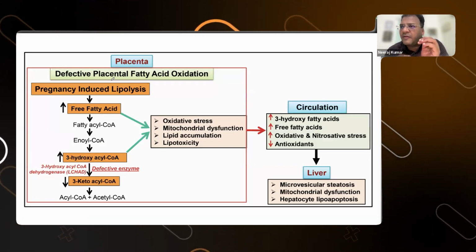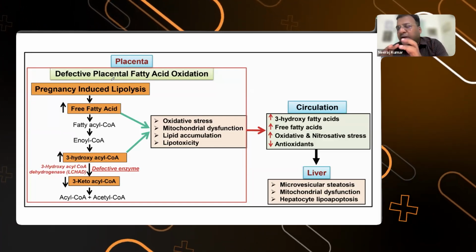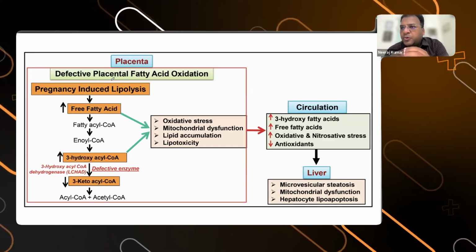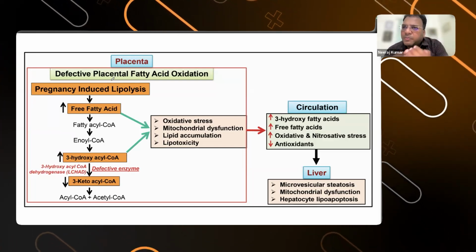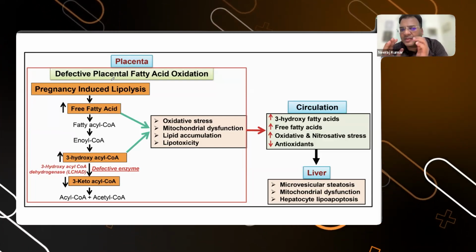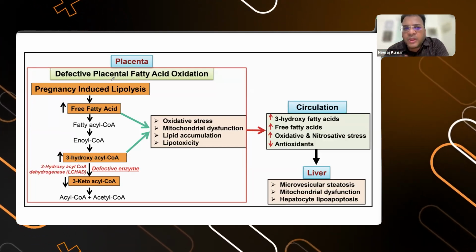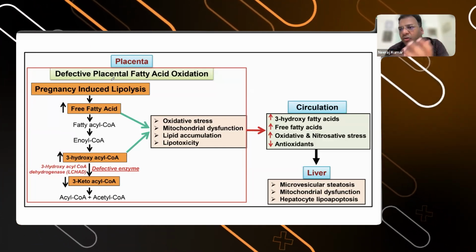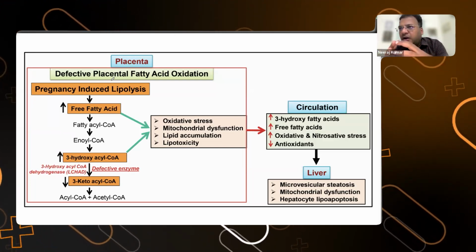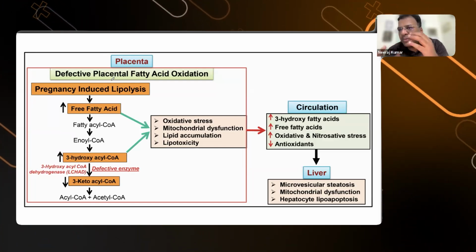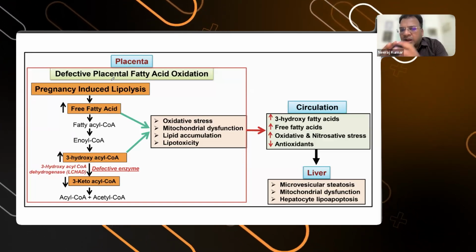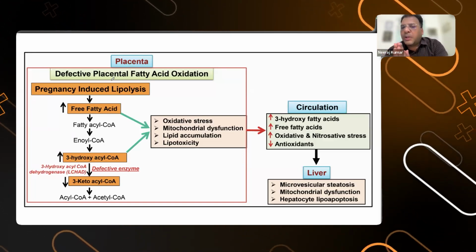The placenta will have a fatty acid oxidation defect, which is also known as PFAO. What this PFAO will do, because these pregnant patients are undergoing lipolysis, is produce a high amount of free fatty acids, and these fatty acids will produce a high amount of acyl CoA, then enoyl CoA, and then 3-hydroxyacyl-CoA. So what will all these do? It will increase the oxidative stress. It will increase the myocardial dysfunction. It will increase the lipid accumulation, because these free fatty acids will accumulate inside the mitochondria,